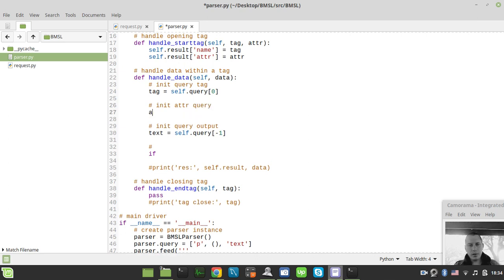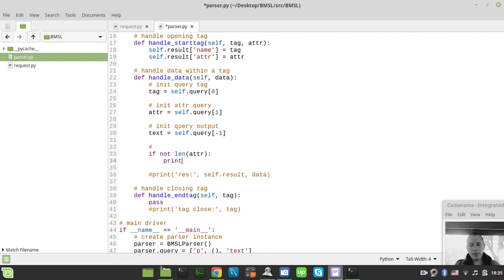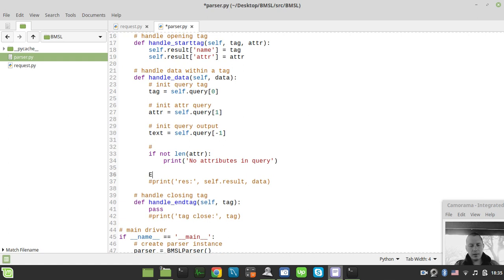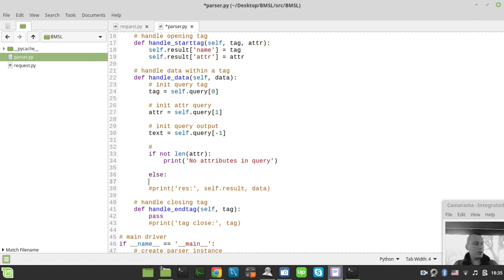So do we have this editor here? We don't, right? So attribute would be equal to self.query, and we want the second element with an index of 1. So now we can say if not the length of attributes, let's print, just for clarity, right? So no attributes in query. Okay, and else, I just want to say like